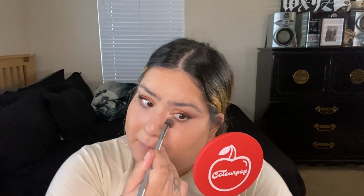First, I'm going to make sure that I have no creases in my under eyes, because I don't want to set those creases. So I'm just going to get my brush and go back and forth, and then take some of the product on my puff just like that. Then I'm going to take my cap and swirl what I have on my puff in the cap, so I can make sure it's in there evenly and not just sitting on one specific area, but I kind of still feel like it is. So I'm just going to go like this. Oh yeah, that's way better. Take some of that excess off and then do my under eyes first,